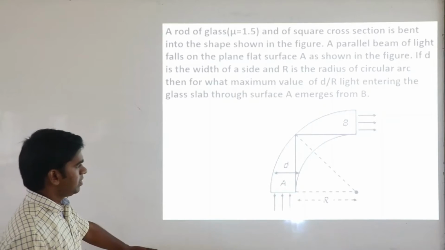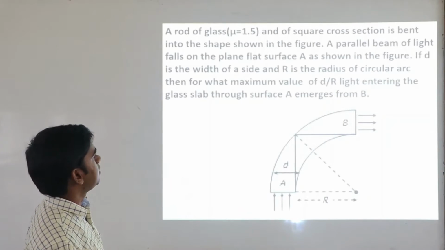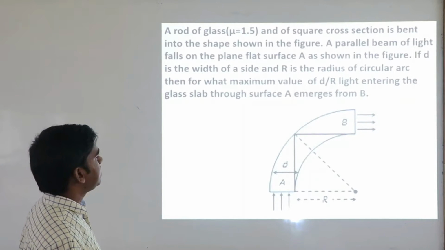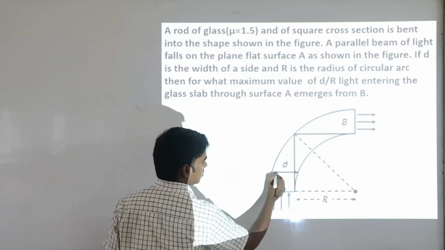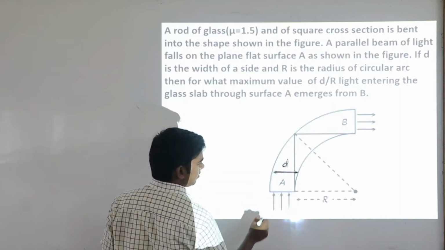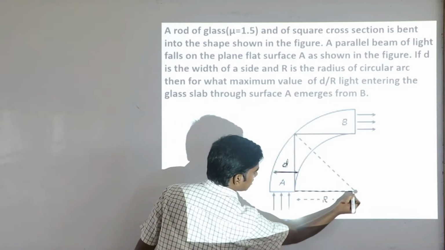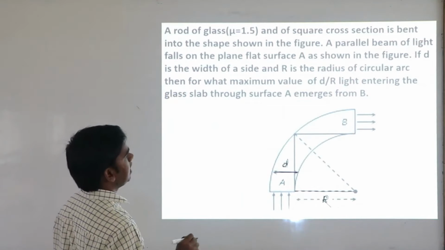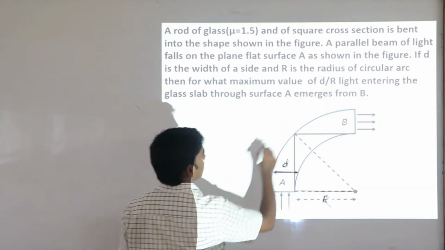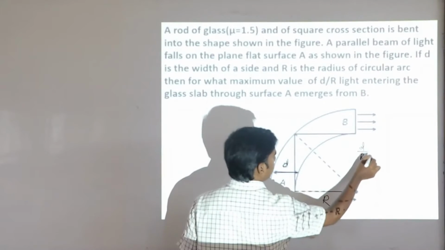So next problem, they have given this structure. They are asking the maximum value of d by r. From here to here, this is the d they have given, and this distance, the radius, they have given as r. They are asking what is the maximum value of d by r. They are asking about the ratio of d by r. Okay. So now,